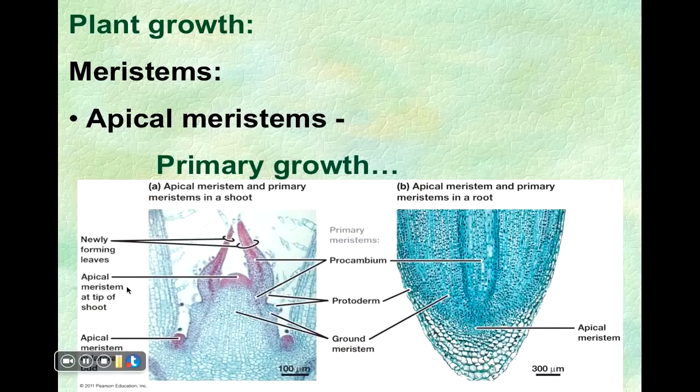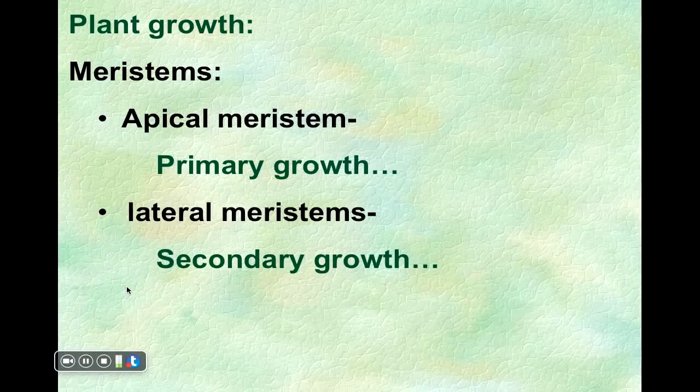In addition, so all plants undergo some primary growth, but in addition, many plants also experience secondary growth. So think of a tree, for example. Yes, there are apical meristems at the tips of the shoots and the root systems, but plants also, especially trees, can grow wider. So think of a tree trunk growing wider year after year after year. That increase in the diameter of a tree trunk results from the activity of these other meristems we refer to as lateral meristems. So all the activity of lateral meristems produces secondary growth, or typically new woody tissue, of